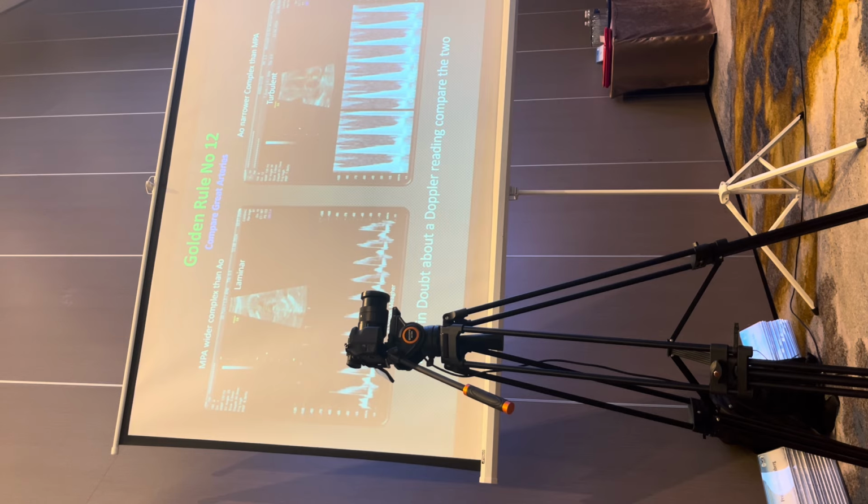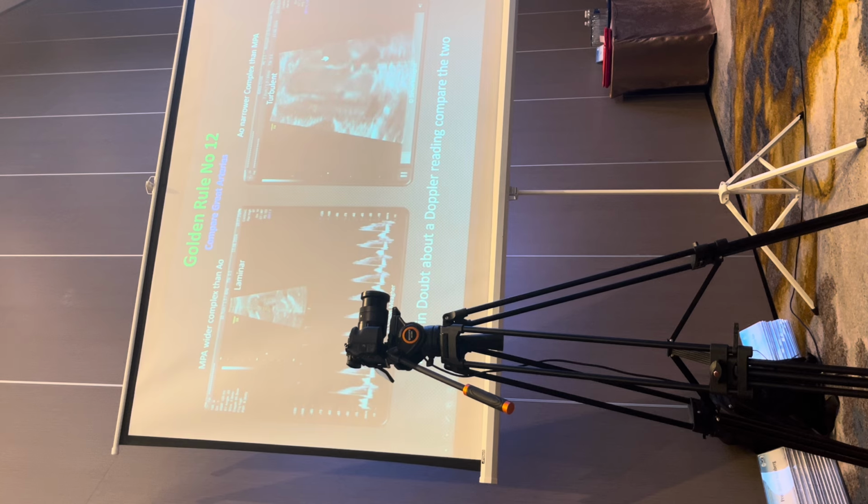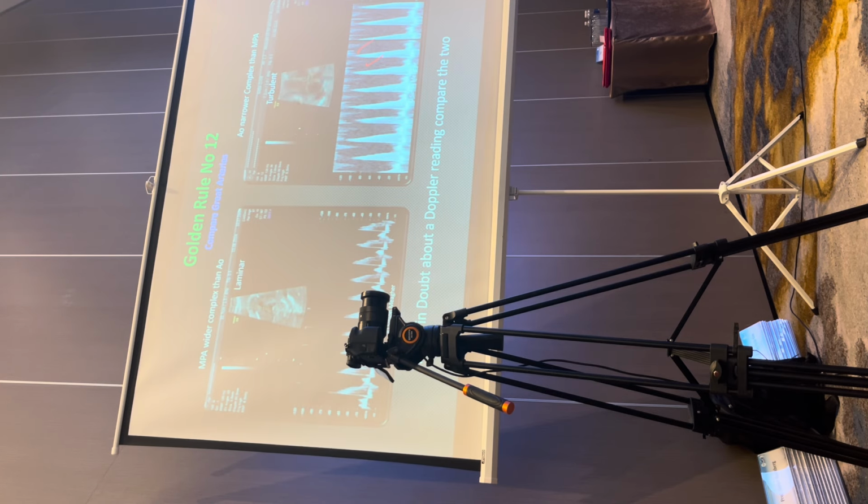So I go to work tomorrow morning, golden rule number 12, and my sonographer knocks on the door and says, Simon, I've got a baby and the aorta is slightly dilated. And I've done a pulse Doppler gauge of the aorta. It looks slightly dilated here. And I do a pulse Doppler placing it over the valve, and I'm getting velocities of 120 centimeters a second. I'll say that's very little, 120. I wonder whether it's just a false positive Doppler reading.